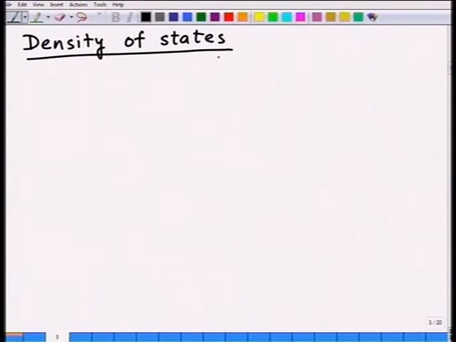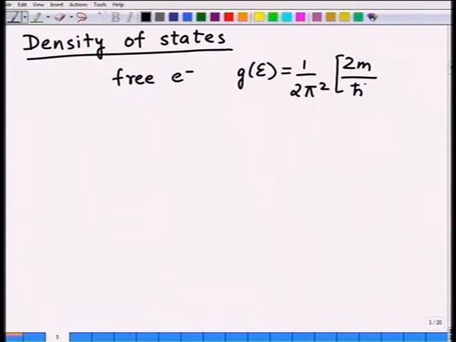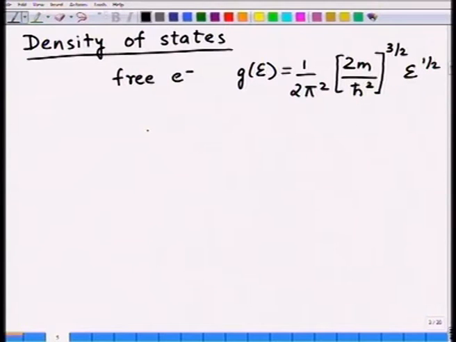First, let's start with density of states. You shall recall that I had derived for free electrons density of states as a quantity equal to 1 over 2 pi square, 2m by h bar square to the power 3 by 2, energy to the power half. That's a quantity I had derived earlier as density of state, and you will recall G of E dE gives